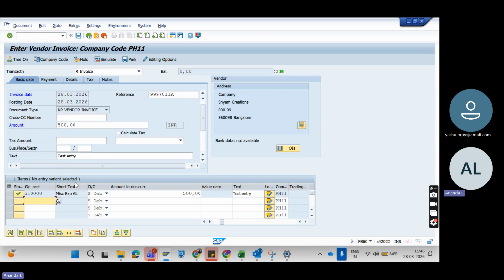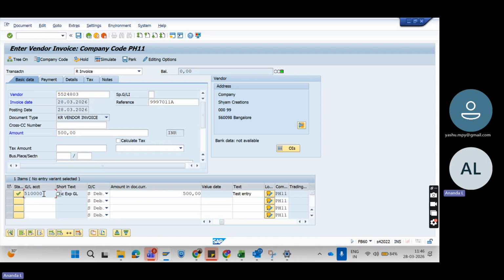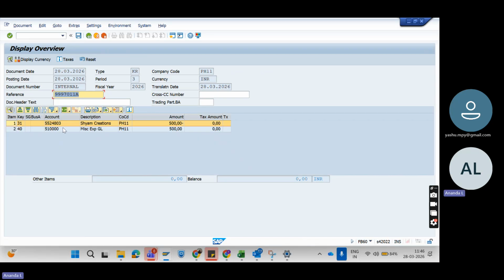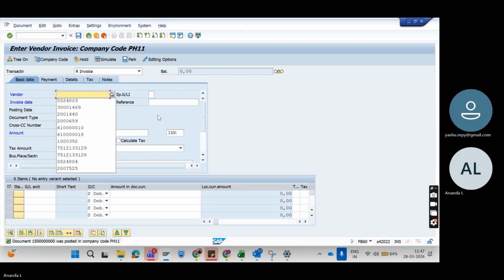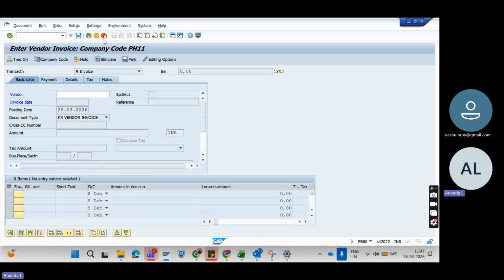So here the vendor is getting credited. Vendor is getting credited and the GL is getting debited, and you can simulate. And this is the entry, vendor credit. The next entry is FP70